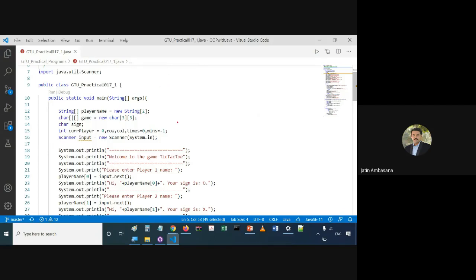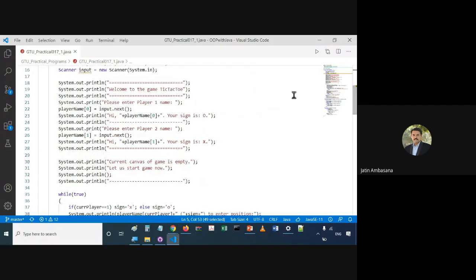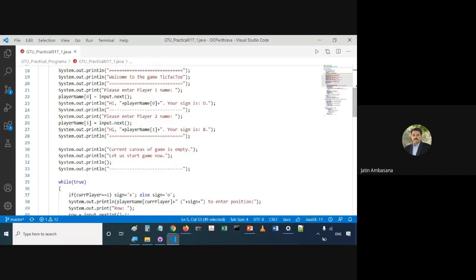Now, once we have declared all these variables, we also have this input scanner object so that we can take input from the user. We display welcome to tic-tac-toe game. Okay. We ask player 1 to enter the name, right?